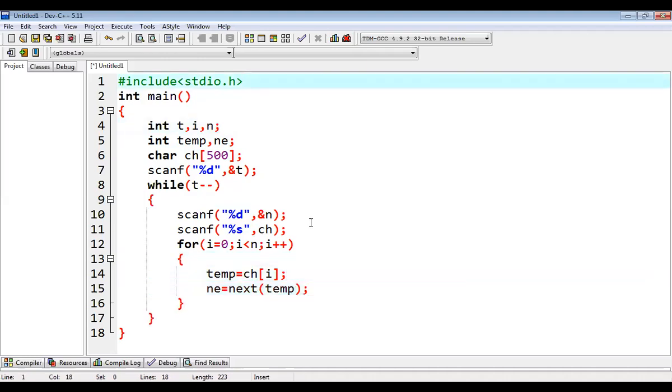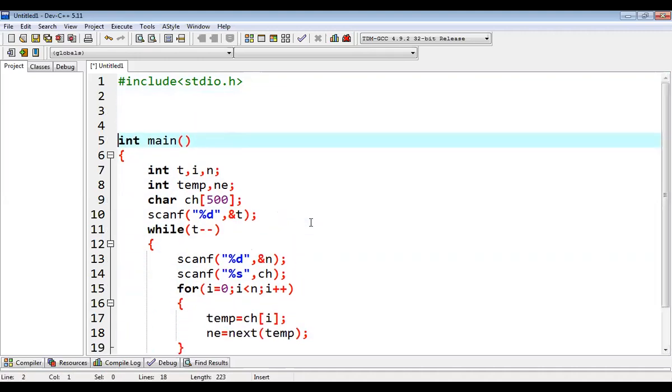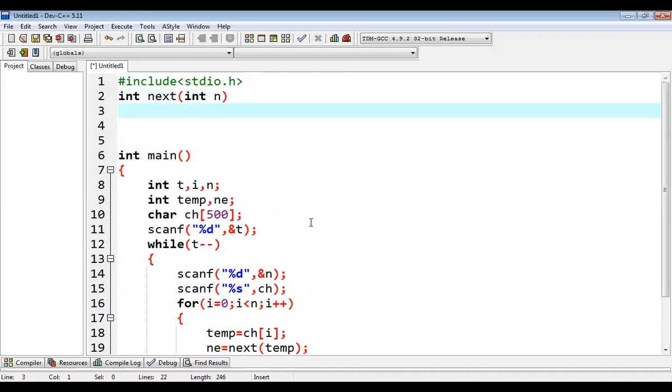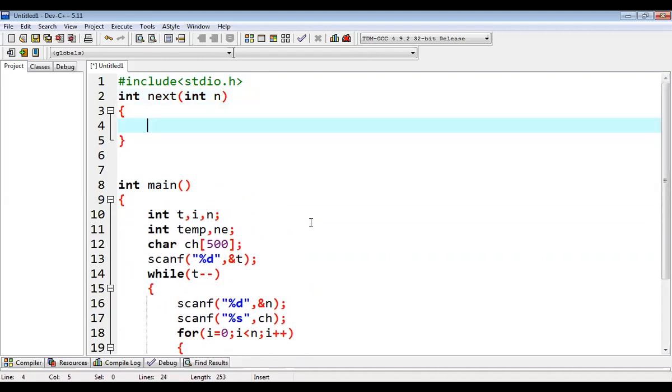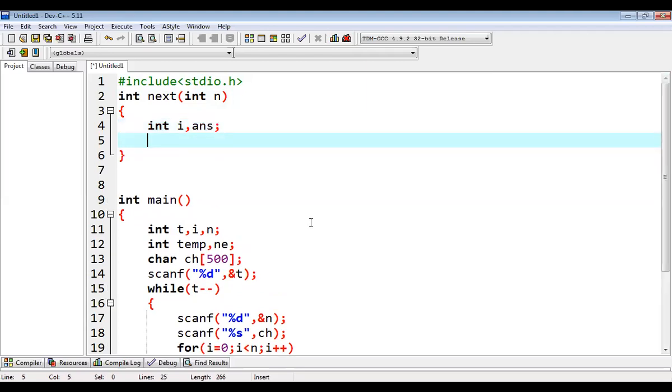Okay, so what is that next function? So first we write that. What we have passed to the next function is the first character of the word. So we'll be writing the function here for next. So in next, what we are doing is taking two integers.